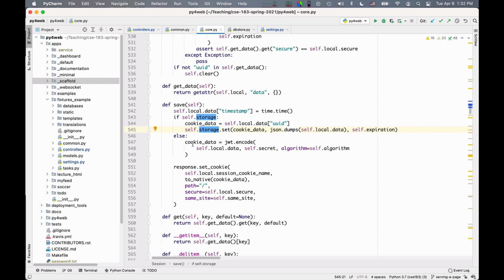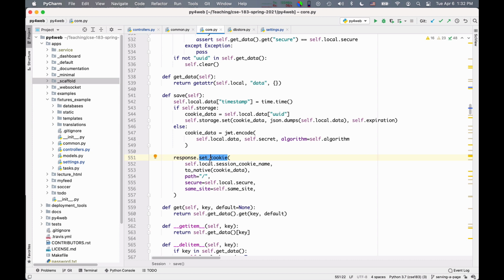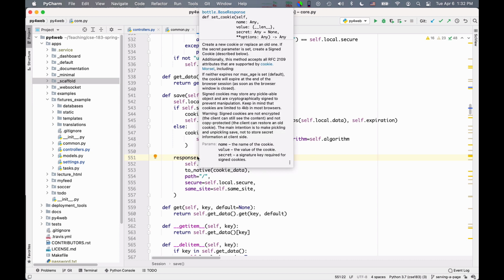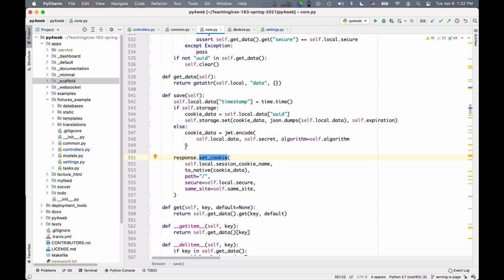Okay, so these are the two cases. But then essentially you set a cookie, which this piece of code is also used to set the cookie for the very first time. Okay, and so this set cookie operation can be used to create cookies. You can also call it yourself if you want to set additional cookies.